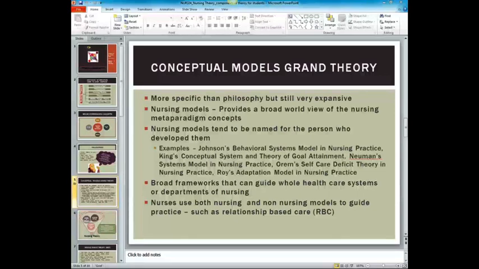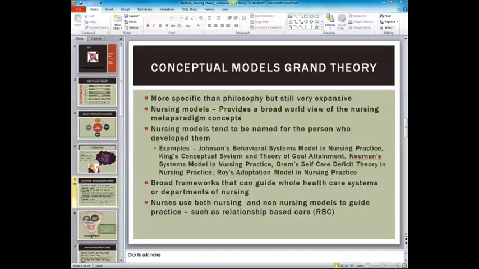It talks about all different kinds of systems and subsystems, and I'm sure that you all have learned systems theories in the past, but it talks about how those integrate, how nursing systems within the nurse themselves affect the systems of the patient, and all the different systems and subsystems, physical, psychological, social, affect the patient. We have King's conceptual system and theory of goal attainment, Newman's systems model in nursing practice,